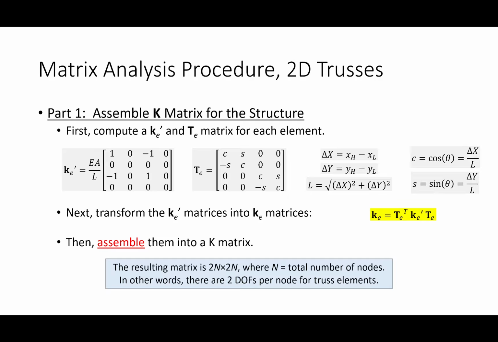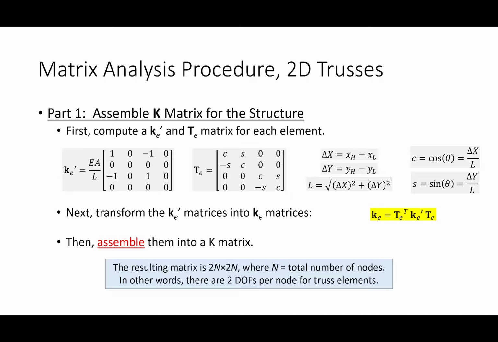For this problem that we're going to do together, the size of the global stiffness matrix is a square matrix, and the dimensions are equal to the number of degrees of freedom in the system as a whole. So the system as a whole has 1, 2, 3, 4, 5, 6. So the K matrix for the system as a whole will be 6 by 6, okay? And a simple way of figuring that out is to just take the number of joints